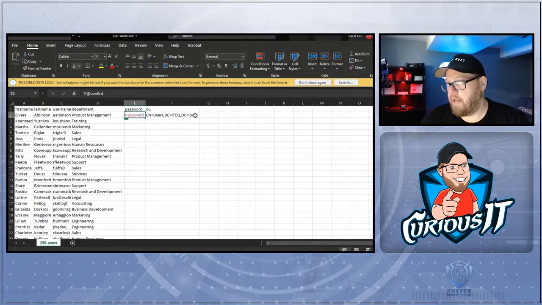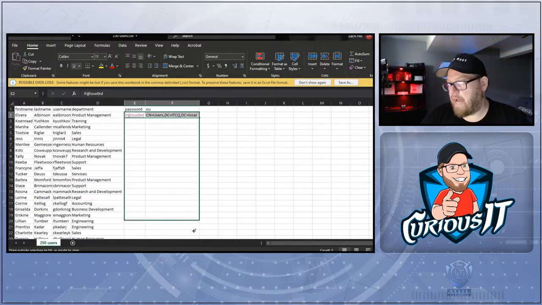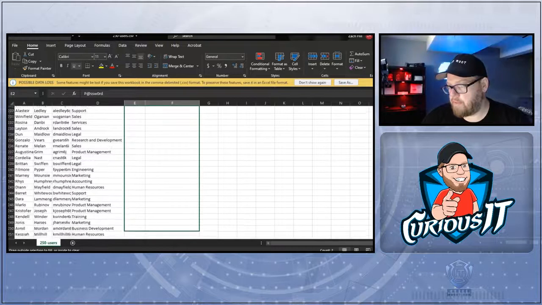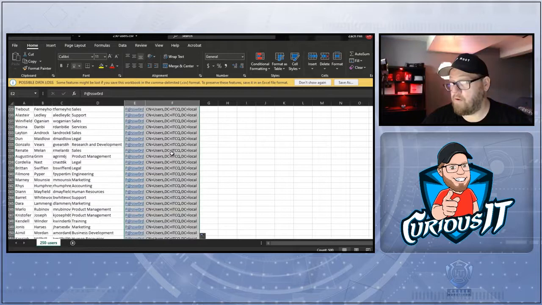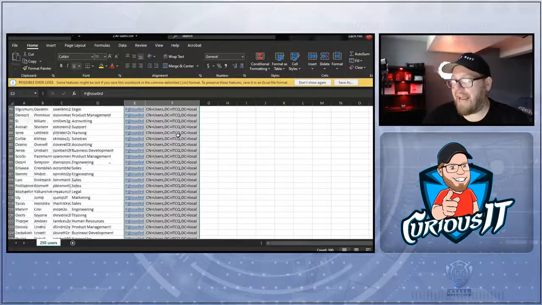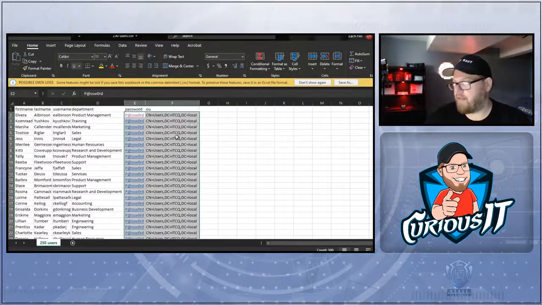Now what we're going to do is select both of these cells right here, and we're going to drag down all the way to the bottom. There it is. Nope, go right there. So now it auto-filled out our password and our OU for all of our accounts. Now there's probably maybe a better way to do this, but this is how we're doing it for this video. So we're going to go ahead and save this file, and now we're going to use PowerShell to import all